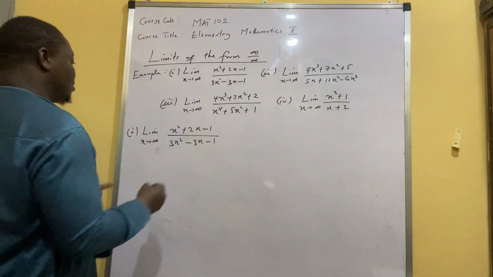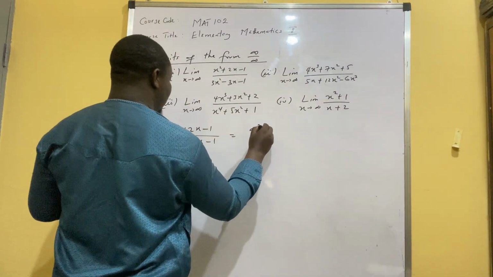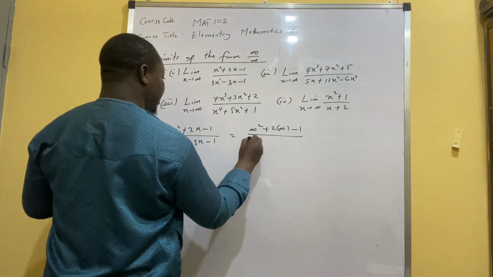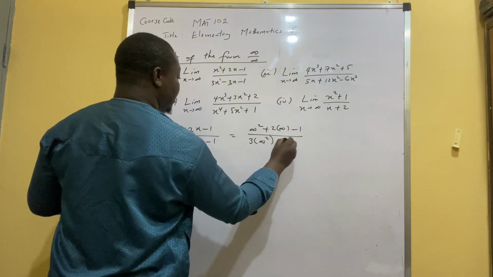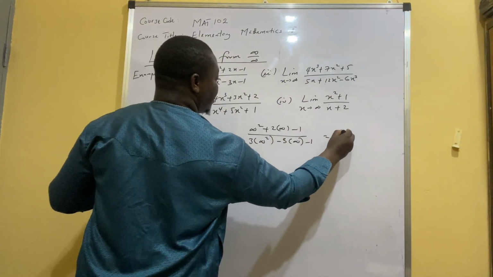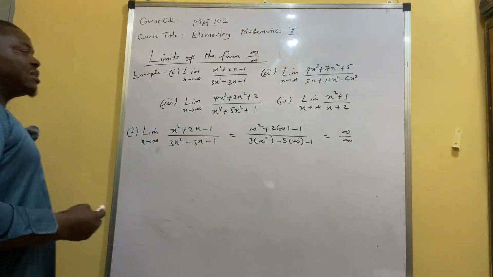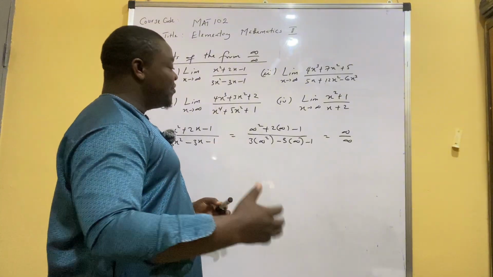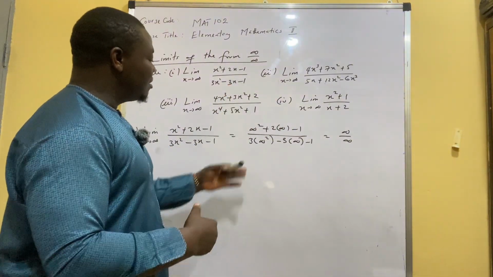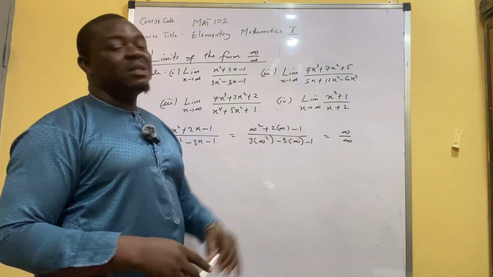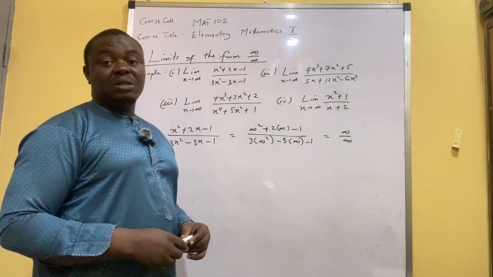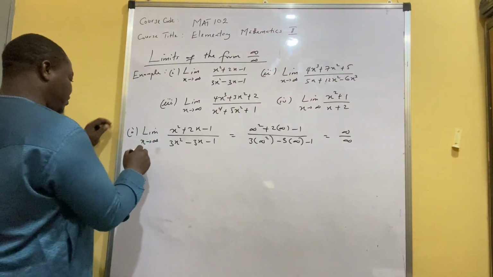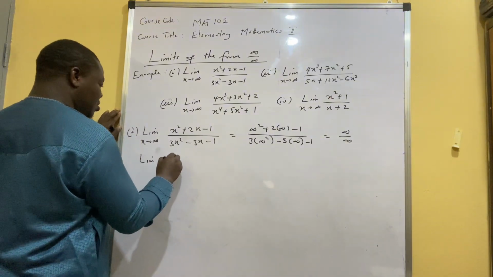If you substitute directly, you're going to have infinity squared plus 2 times infinity minus 1, divided by 3 times infinity squared minus 3 times infinity minus 1. This results in the form infinity over infinity, because a very, very large value squared plus 2 times a very large value is still infinite, and the denominator will also be infinite. So to find the limits of this kind of function, what we do is